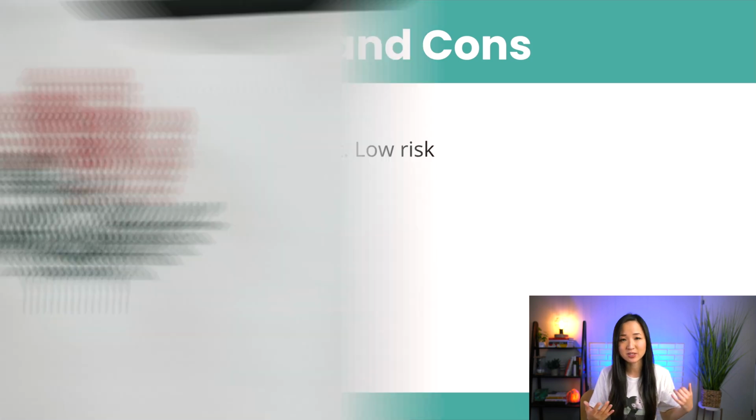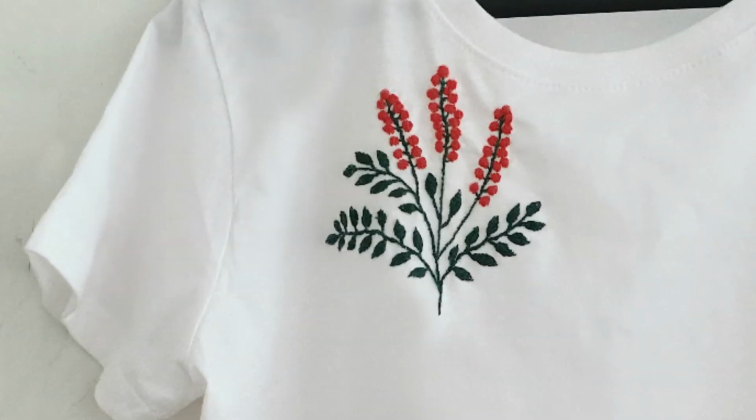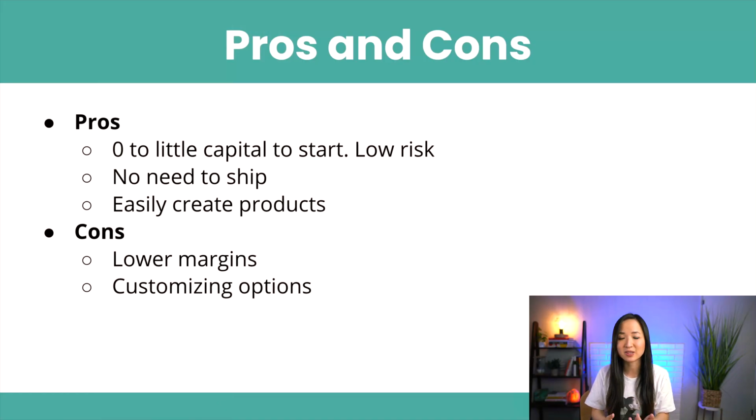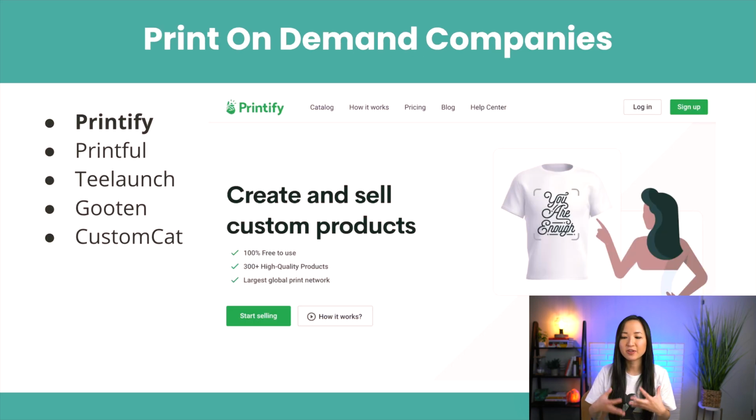For example, if you wanted to embroider your design on a part of the shirt or something like that, that print on demand company doesn't allow, then you won't be able to do it that way. But a lot of these companies are doing more and more different types of products and different types of ways to customize. So there are actually a lot of options, as I will show you guys in the next few slides. And there are print on demand companies that you can work with and actually create your own shop to sell your own products. So we're going to go into Printify more in this video,